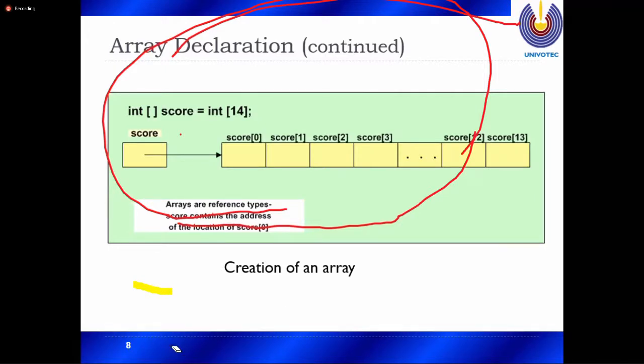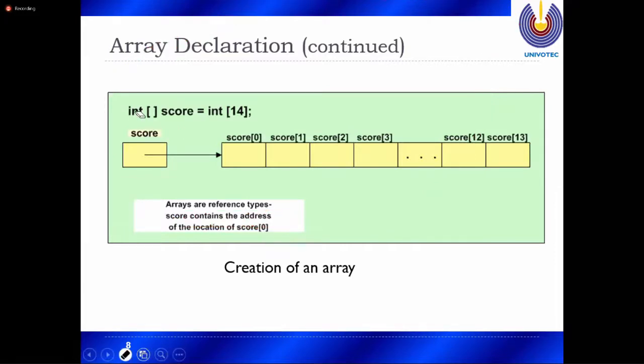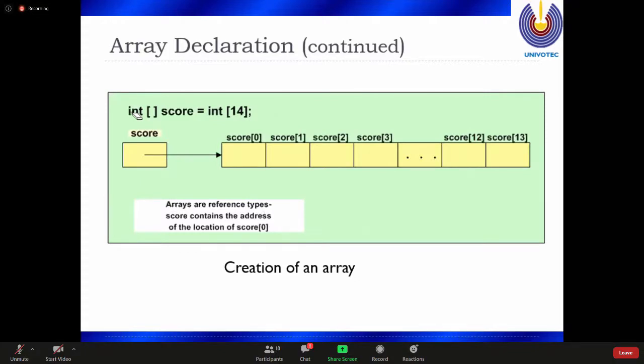Okay, now you can see here, this is the array as a score. You type in square bracket, score. Then you have to declare the type of the array, the data type, then square bracket and score equal. This is the name of the array. This one: score equal int 14. Then we are going to store the 14